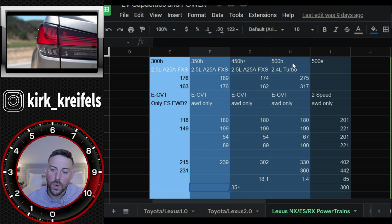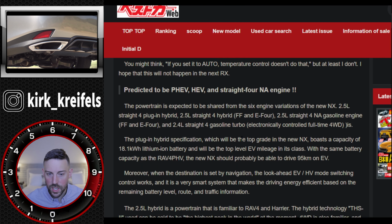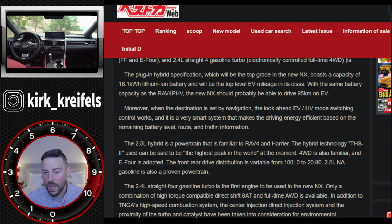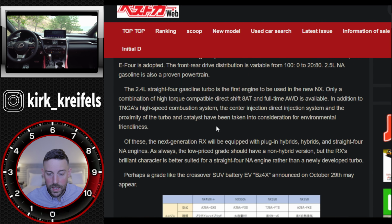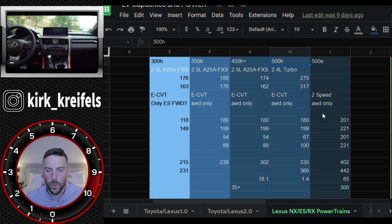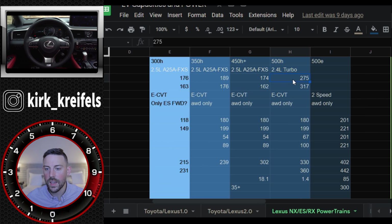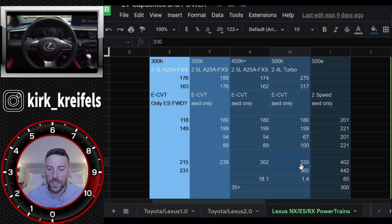Now there's also trademarks of a 500h, which there's no mention in this article about a 500h model. And maybe that's because Japan may or may not be getting it. I still believe this is coming to the US market at some point in time. It's going to take the 2.4 liter turbo, more than likely, with Toyota's hybrid or Lexus's hybrid system. And my speculation is that